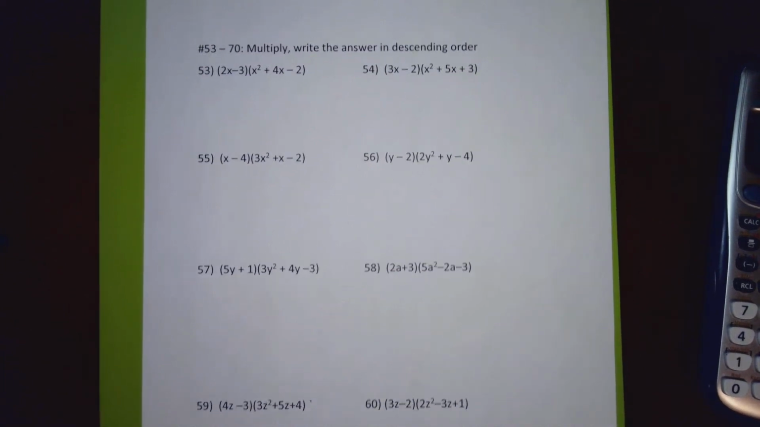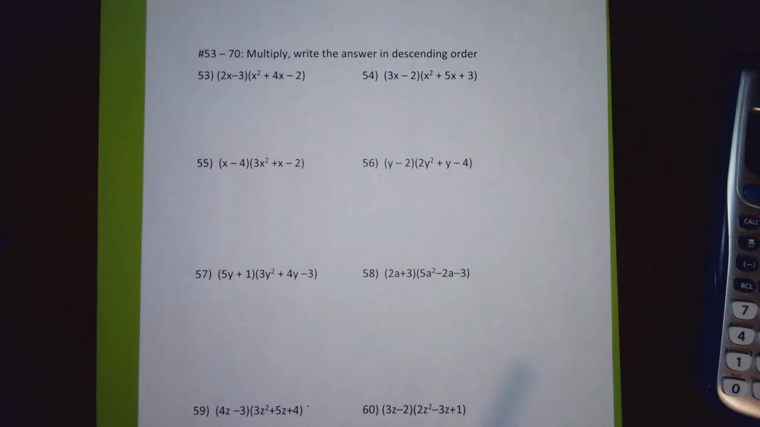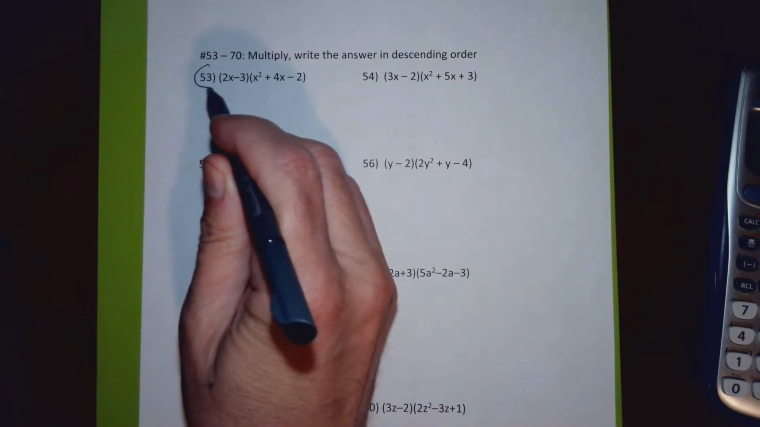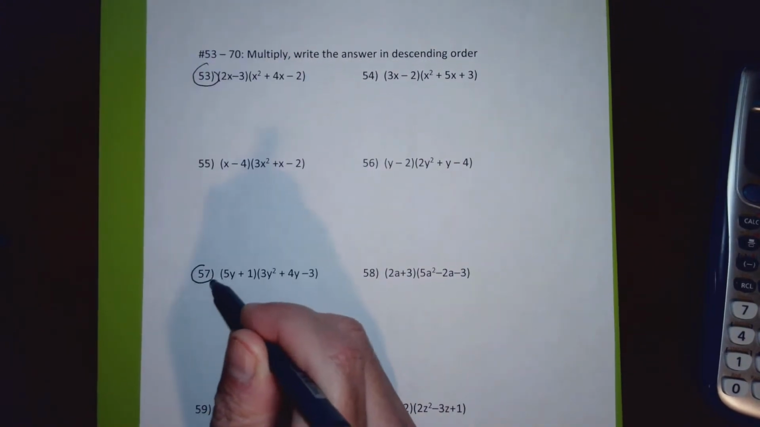So this is going to be part 2 of probably 3 parts for section P5, and it's multiplication of a binomial times a trinomial. Disgusting. In order to do these multiplications, and you're going to be on this page doing 53 and 57, I'm going